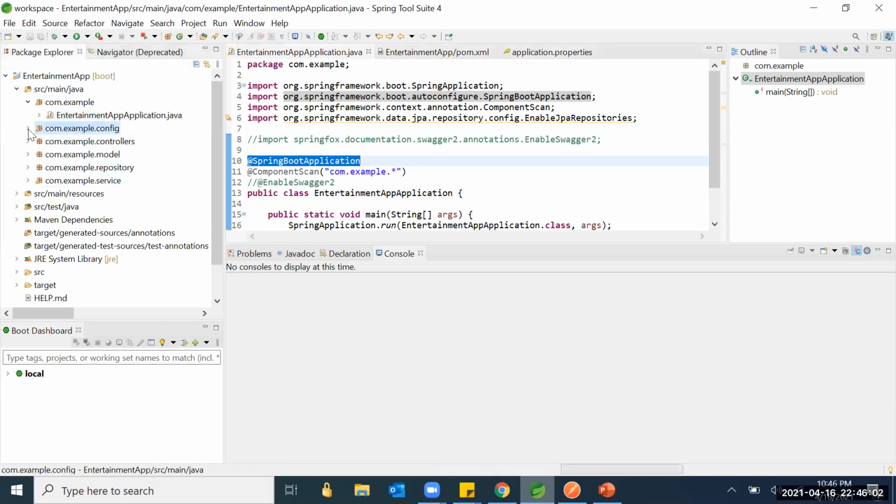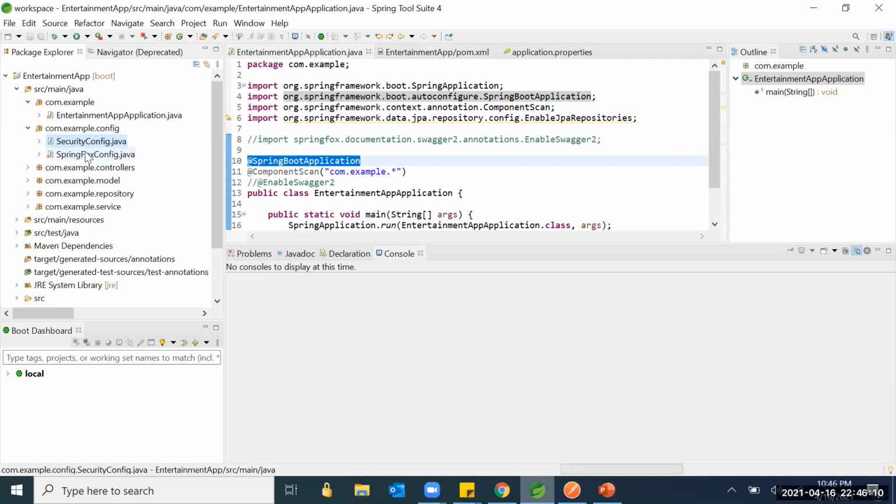Actually, if you see, this is the config folder for configuration purposes. So any Swagger configurations or any OAuth security configurations, we can create these configuration files under the config package. And in the controller package, we can create our REST controllers. And in the model, we can create our entities. So I just created two entities here, movie and music. And in the repository package, I just created one repository right now, movie repository. We have a service package also. Here we will implement our main logic, core logic. I can show you how I did this.